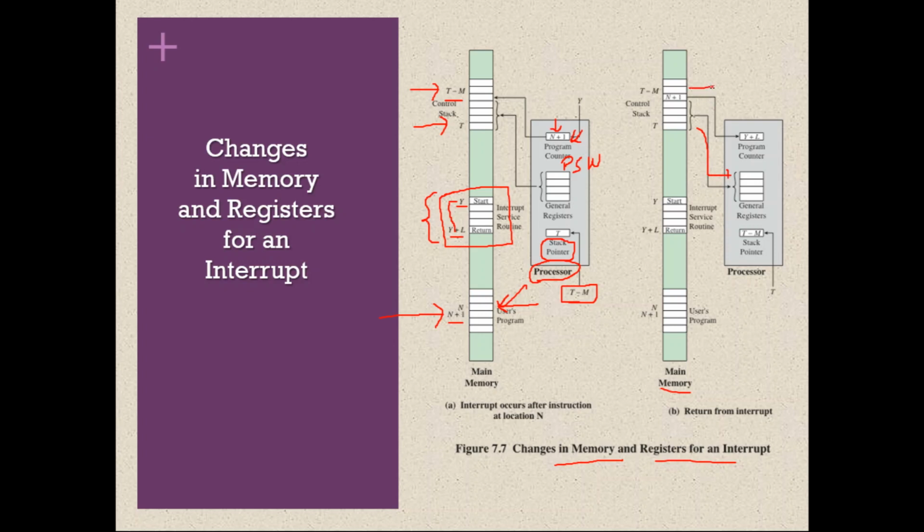The content of program counter is also reloaded. Okay, once this is done, now the stack size will reduce from t minus m to t. So now the stack becomes what? Previously the stack was t minus m, now it will become t. Now t will become the new top of the stack. So the stack pointer will always hold the address of the top of the stack.